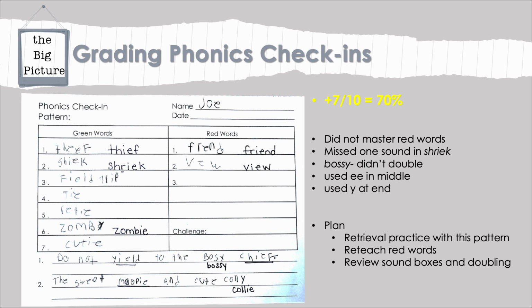Finally, although the red words aren't included in this score, I absolutely pay attention to them. This student missed both friend and view, which tells me those irregular spellings still need explicit review and cumulative practice. This is why we use the progress monitoring portal. The score tells me the student is approaching mastery, but the error analysis tells me what to teach next. Rather than simply recording a 7 out of 10, I now have a clearer plan for my next small group